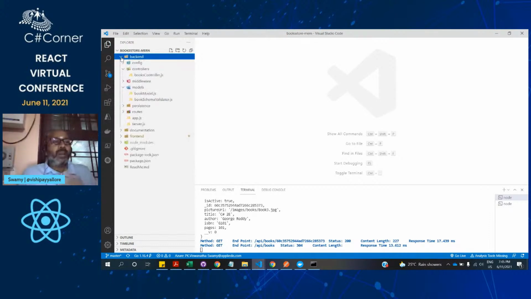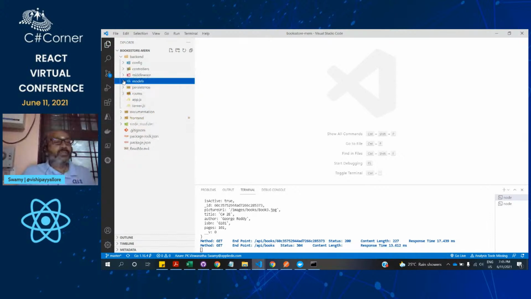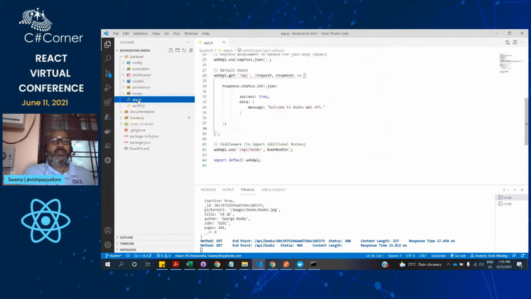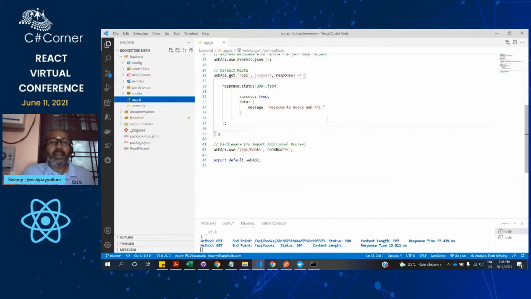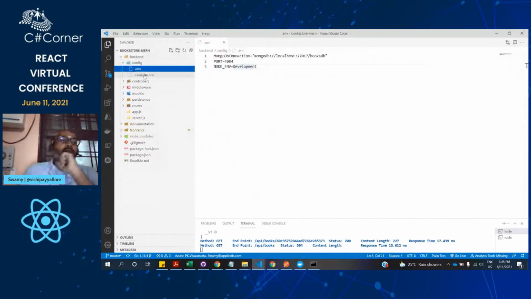This backend we have created using Node.js and Express. It's a pretty simple backend. I'll just talk through what has been used, and anything I want to highlight, I'll highlight. The first thing I want to highlight is these two files, the env file and